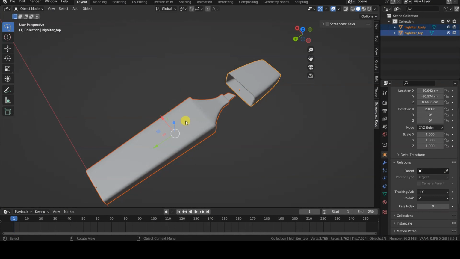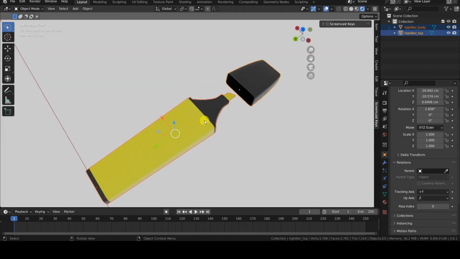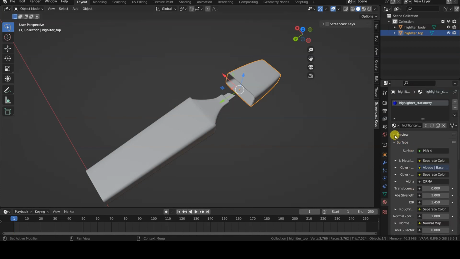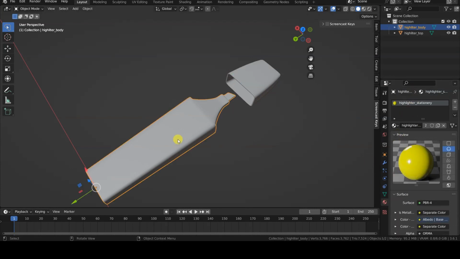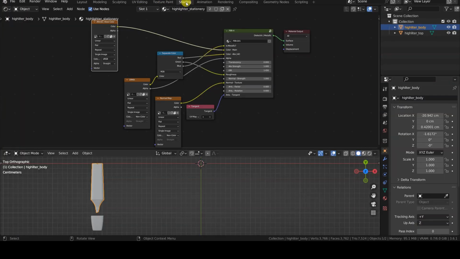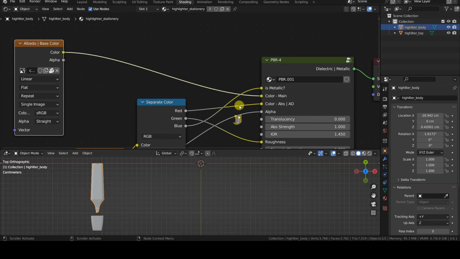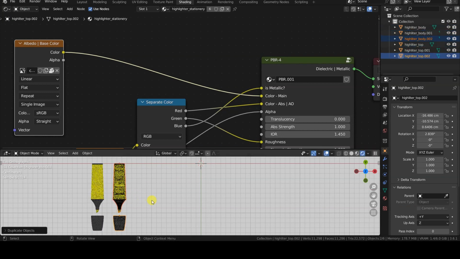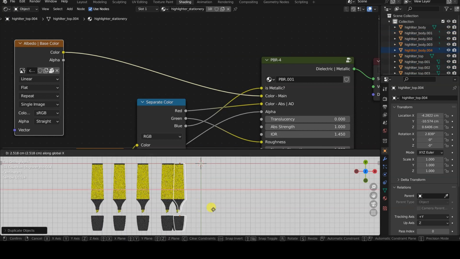Alright, let's get started. On screen, you can see a Blender scene in which I've imported my 3D model as it appears right after downloading. There are two objects that share the same material and the same set of PBR textures. Specifically, the base color texture colors the main body and the tip of the highlighter yellow, using UV mapping. If I duplicate these objects to get more highlighters, I obviously get more yellow highlighters.